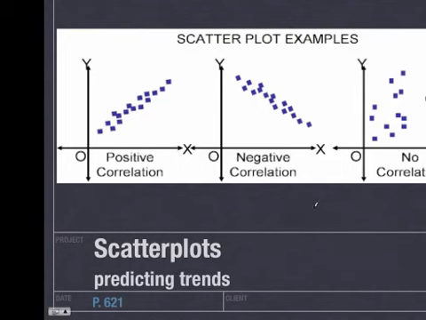Another way of predicting trends is using a scatter plot. Now, with a scatter plot, each of these dots represents data. And all I really want you to note about scatter plots in particular is the trends that they show. Oftentimes when we have data and we're working with a scatter plot, we might want to draw a circle around your data points. And anytime that you see a line in this direction going from left to right increasing, that